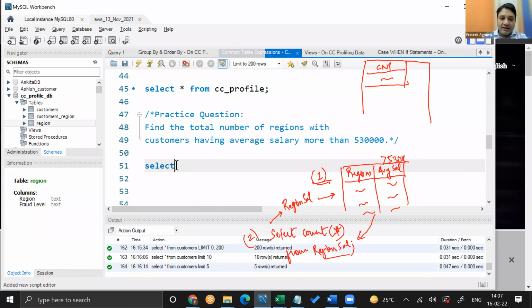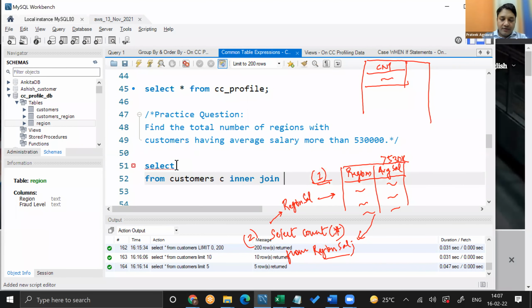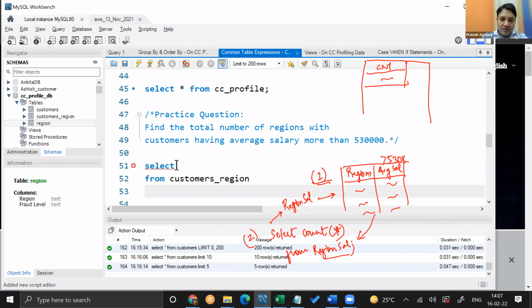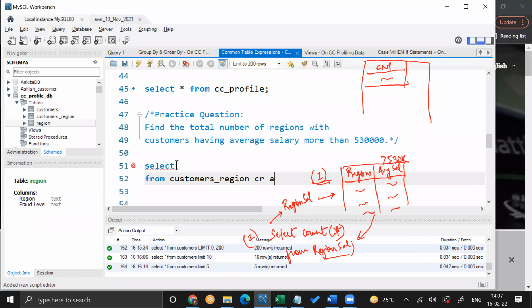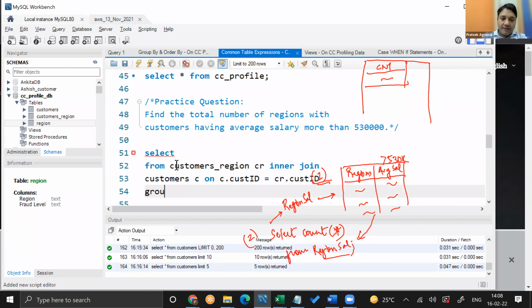Okay, so it'll be like this. From customers, the inner join. In fact, we don't even have to join here. Oh no, we'll have to join, because salary is in customer. Inner join customer C on C dot cust ID is equal to CR dot cust ID. Group by